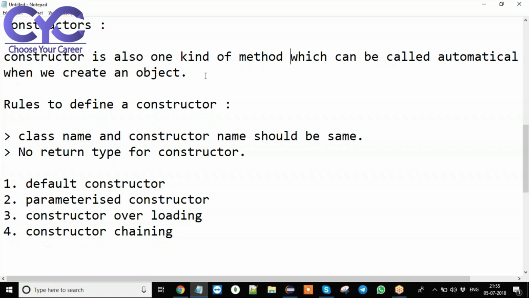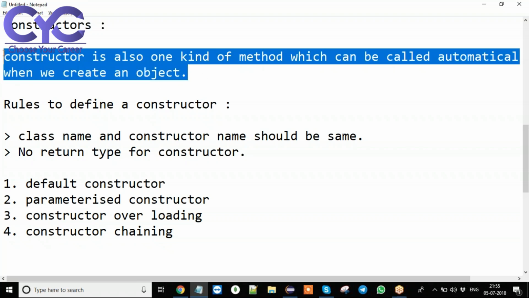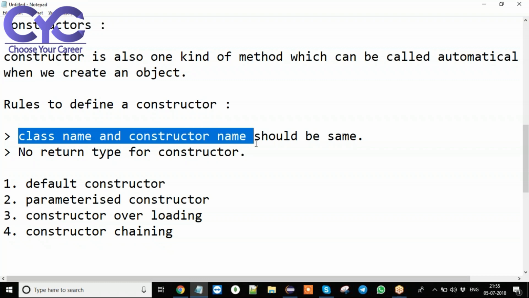Okay, forget about this definition also. Rules to create a constructor: the first rule is class name and constructor name should be same. And there should be no return type for constructor, which means here you should not write any void or int or float, anything.